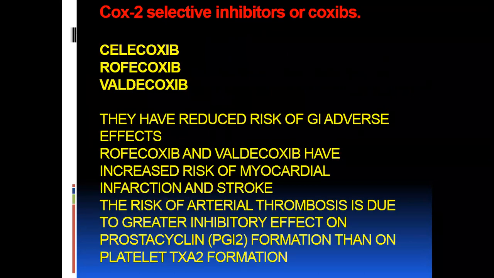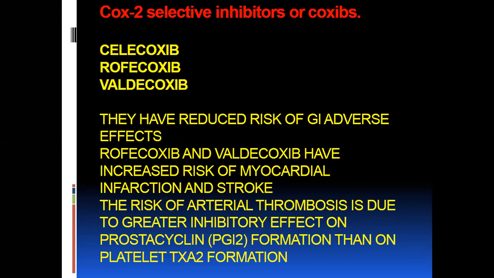Now, the COX-2 selective inhibitors which I have been describing, examples are celecoxib, rofecoxib, and valdecoxib. These have a reduced risk of GI adverse effects, which is useful in the cases of GIT problems. Then rofecoxib and valdecoxib have an increased risk of